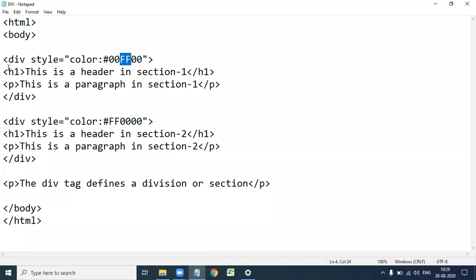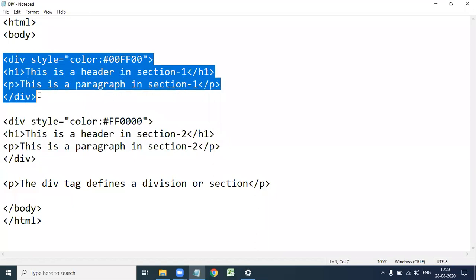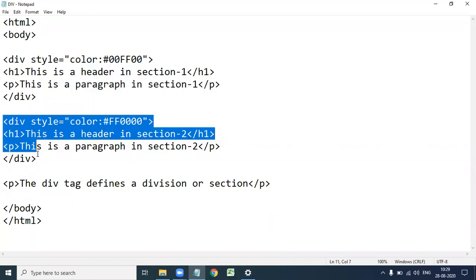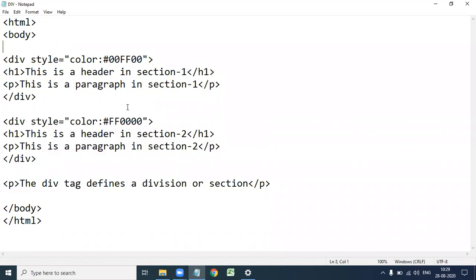So here div style equal to color 00FF00 means the color is represented in a hexadecimal code, and here FF in place of G, so this is green color. And here FF in place of R, so this is red color. Here we apply style to two different sections. For this section we apply green color, for this section we apply red color. So the div tag is used to divide the HTML into different sections and we apply CSS. After executing this one,